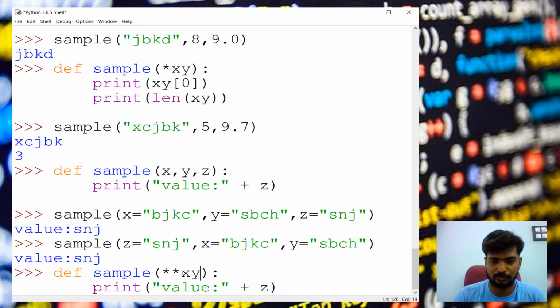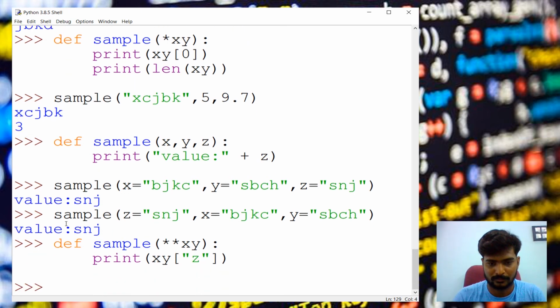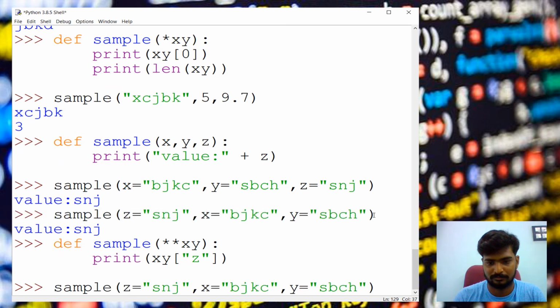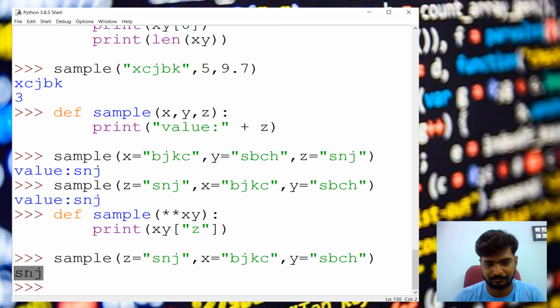In double star we can use the same x, y and the same print, but the position should not be like this because it's key value, right? So whatever key you are giving should be inside this. Now we can call the same function. You can see, it's for when the number of arguments is unknown and you give key values. At that time we can use this type of function in Python.